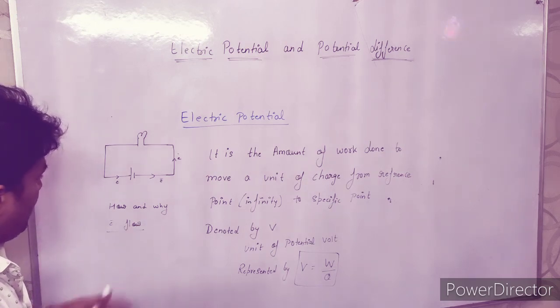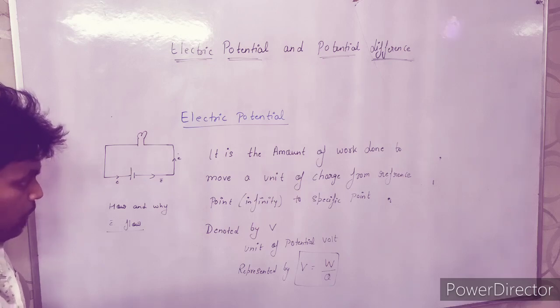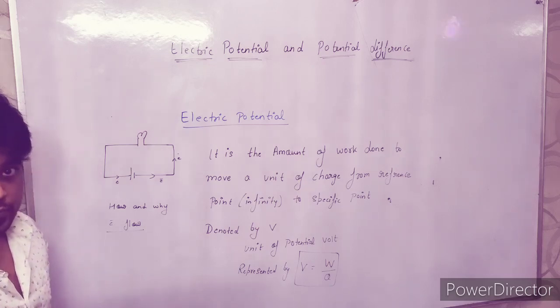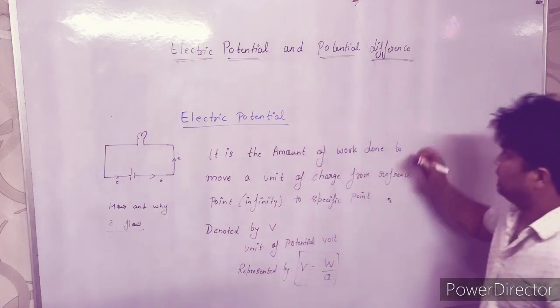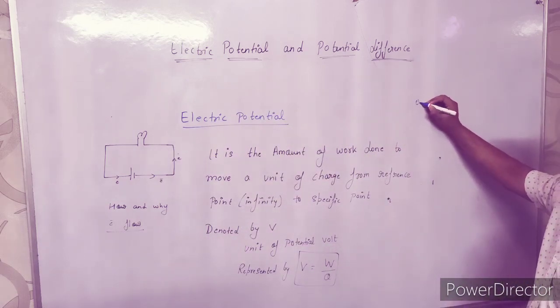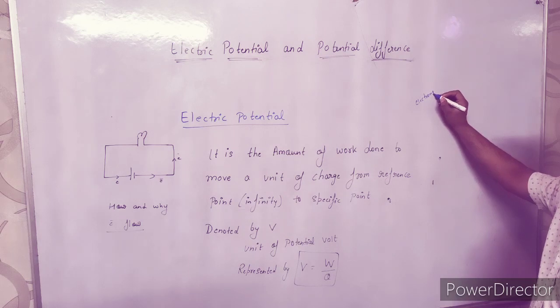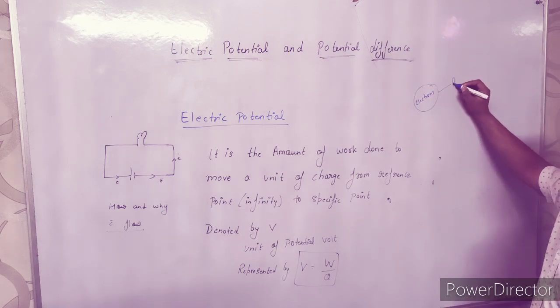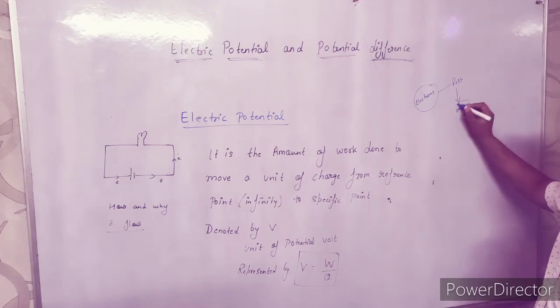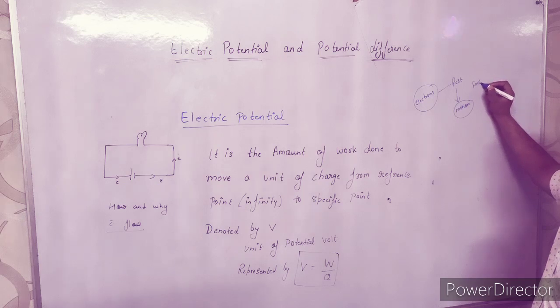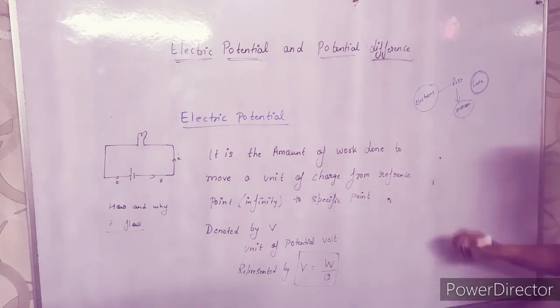So why do electrons flow? Because according to Newton's law, to change the state of an object, for example electrons firstly at rest, to change their inertia and make them move, force is required. Force is required. So from where does this force come?